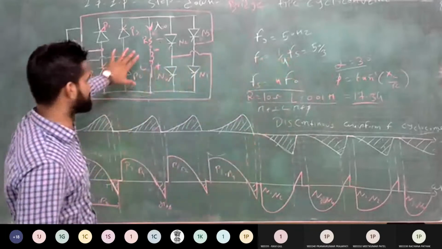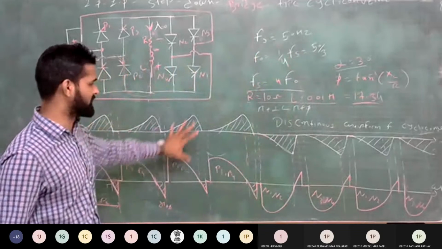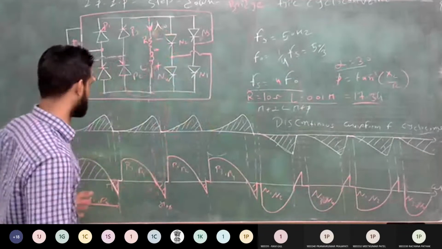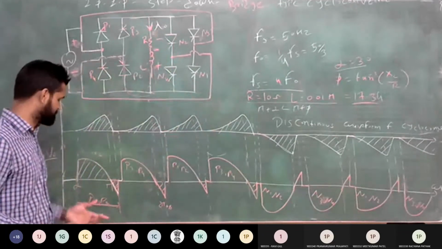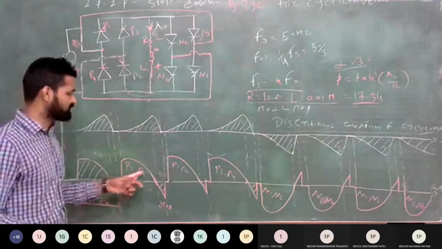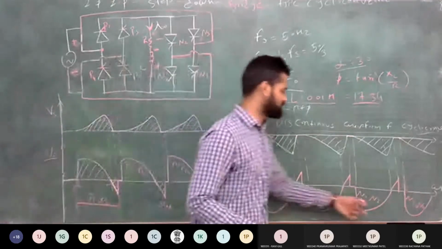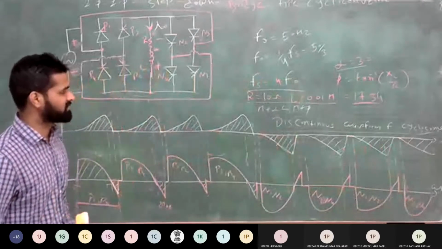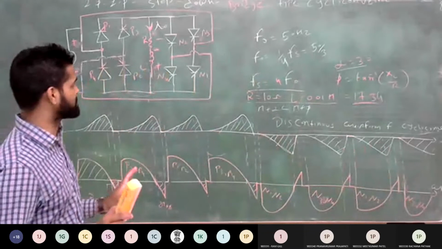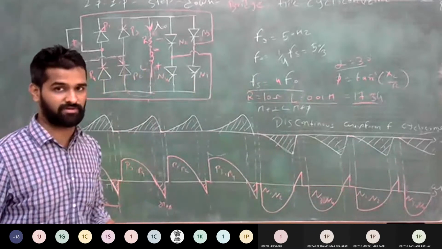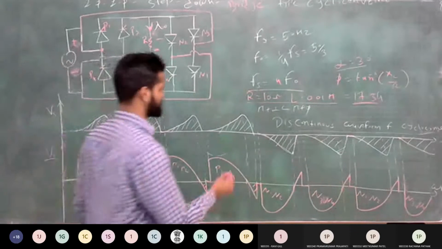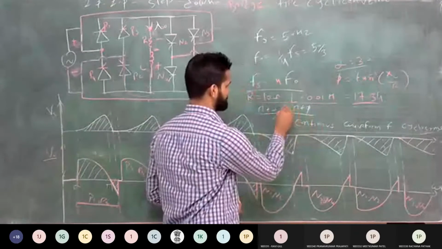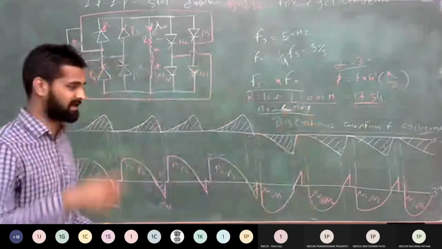Clear? For the bridge configuration, you get the same waveform of load voltage and load current as for the midpoint type configuration. The only change is that in the midpoint type only one thyristor is conducting at a time. Here P1 conducting, P2, P1, P2, N1, N2, N1, N2. You get the same waveform, just the configuration changes. Clear? So I hope all of you understand this topic, the step down cycloconverter. One topic remains in the step down, that is the condition of continuous load current, which you get for pi plus alpha less than pi plus phi. That we will see in the next lecture.